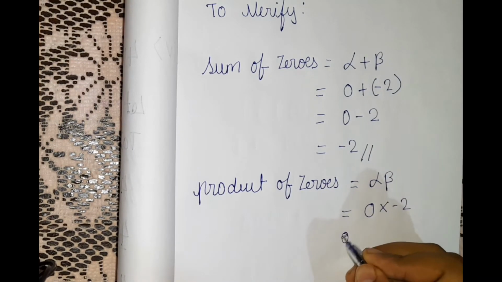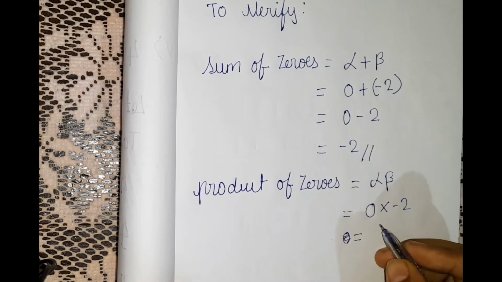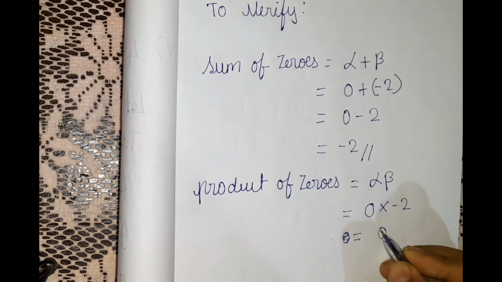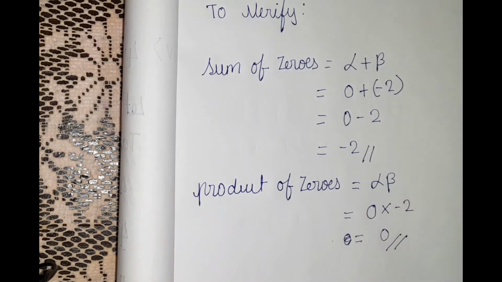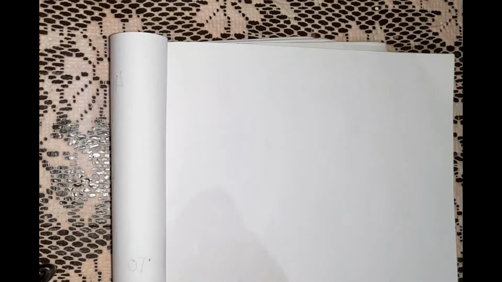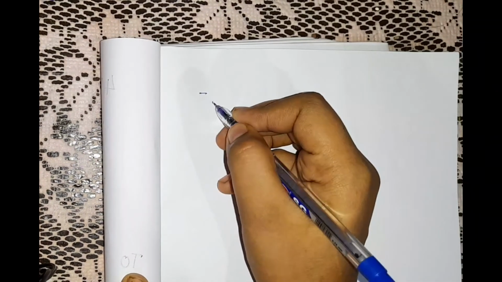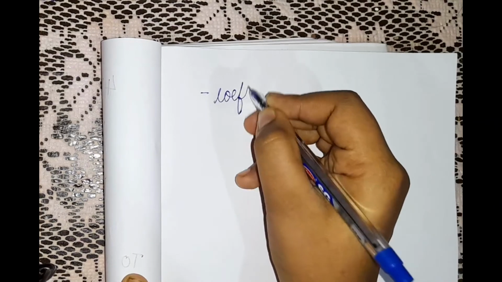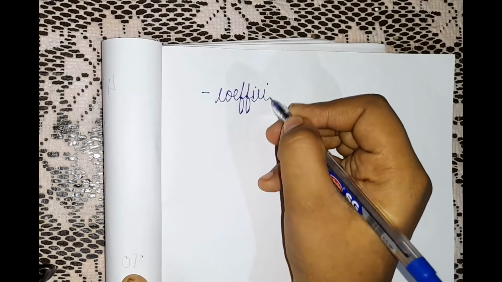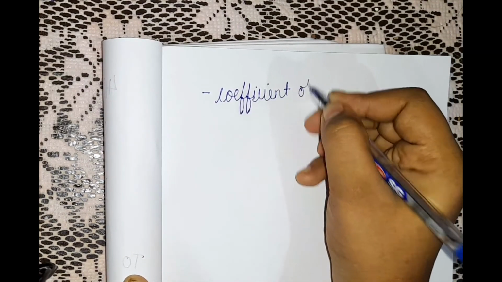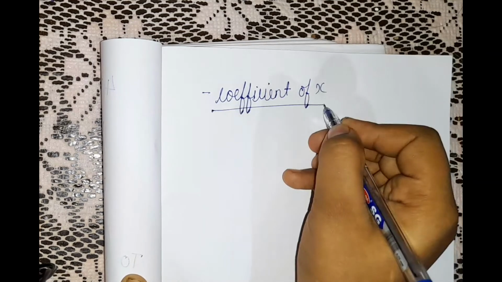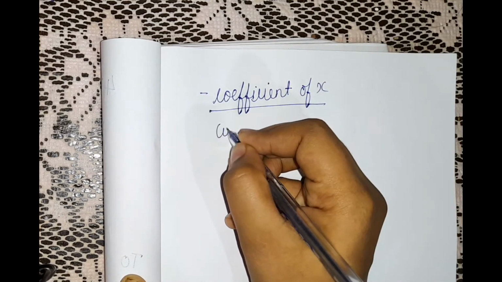So is equal to 0 into minus 2 is 0. So we got 0 right over here. Now let's write the next formula, that is minus coefficient of x divided by coefficient of x square. Okay, let's write minus coefficient of x divided by coefficient of